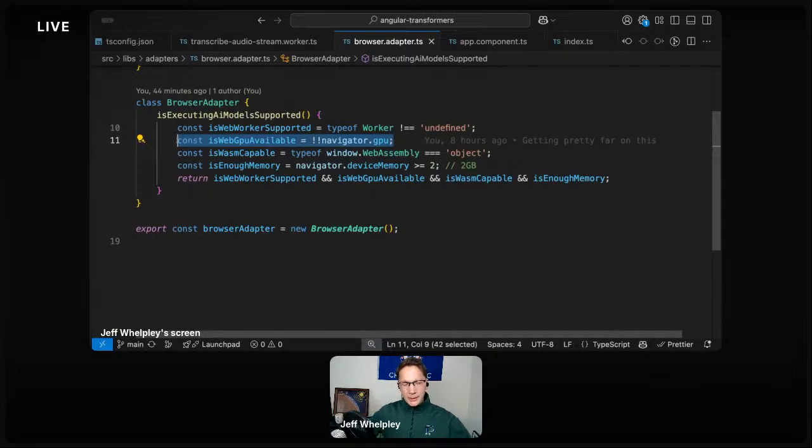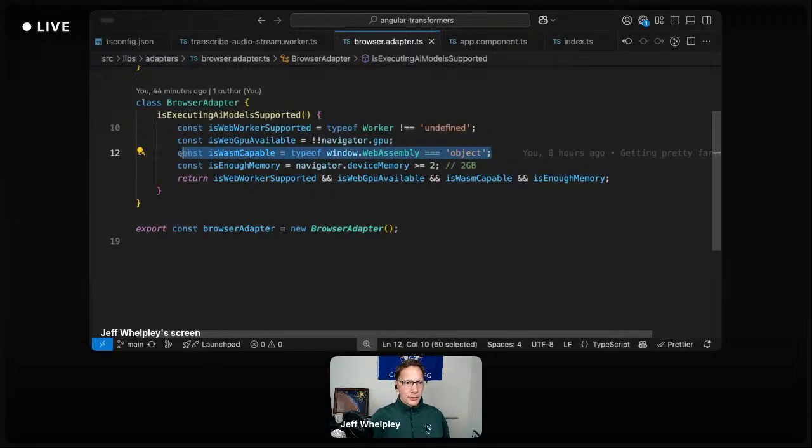You can do it, it still works, but it's just slow. So I guess you don't have to have this as a hard requirement, but for my purposes, I'm saying only if you have WebGPU enabled, which is navigator.gpu,